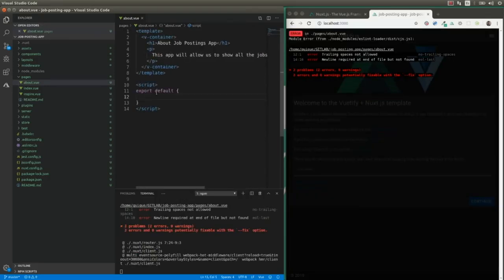Let's add our head function first. Here on the head function, we are going to return an object that is going to include two things: the title of the page and the metadata of the page. We are going to add just one meta tag that is going to be the description tag. Okay, first we define the title. In this case, it's going to be the about shop posting app,